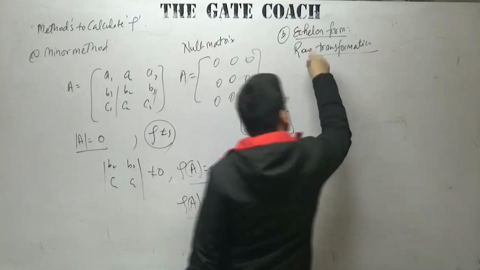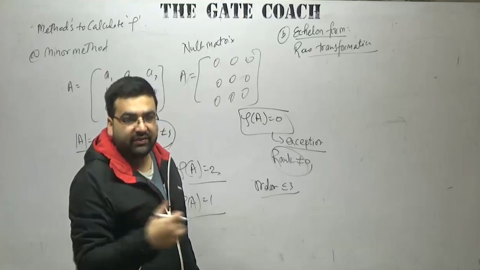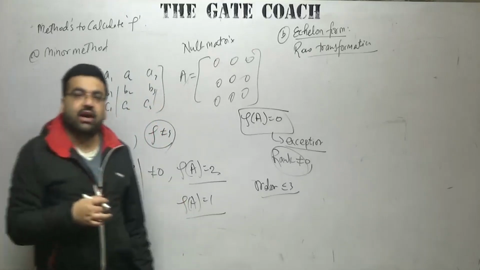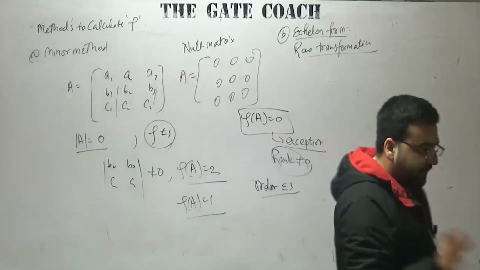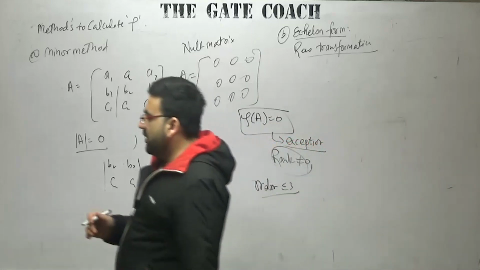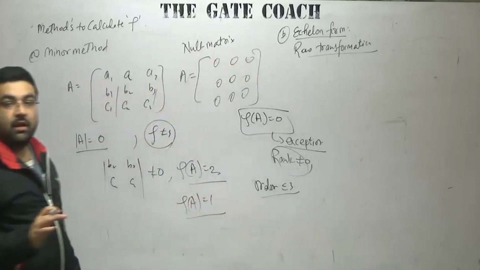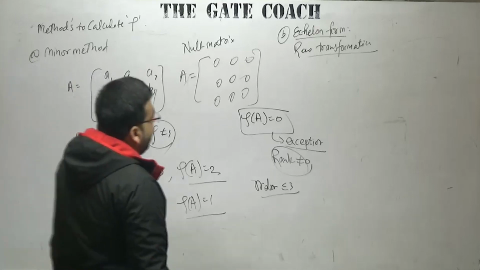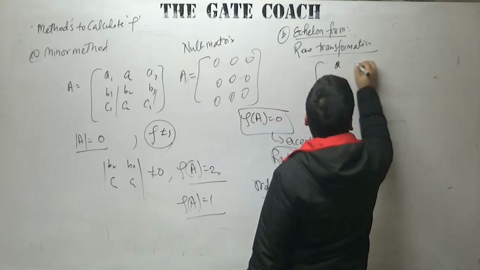In books you will find that column transformation has also been performed, but then you will become confused, because when I will be solving the Gauss-Jacobi method, the Gauss-Seidel method, there also we have the Echelon form, and there if you apply the column transformation you will not be getting the results. So to get rid of the confusion, I am telling you here itself that do not apply the column transformations. Always apply the row transformation and try to make this matrix in this form: